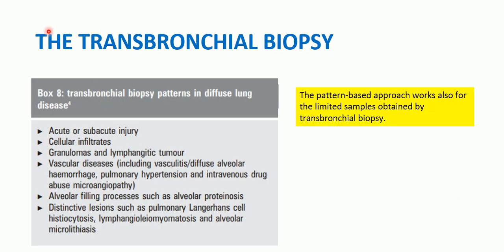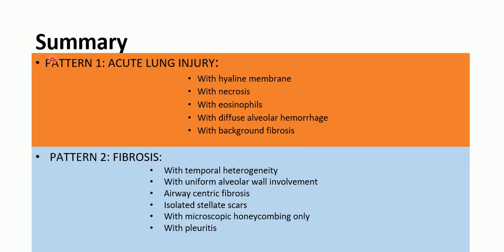A word about transbronchial biopsies. Transbronchial biopsies are also fairly common, and the pattern-based approach works also for the limited samples obtained by transbronchial biopsy. For example, you can even see acute injuries, cellular infiltrates, granulomas, vascular diseases, and alveolar filling processes. All these can also be observed on transbronchial biopsies, though it's a limited biopsy. However, fibrosis is difficult to discern on transbronchial biopsy. That is a pattern that should not be diagnosed on a transbronchial biopsy. So to summarize,